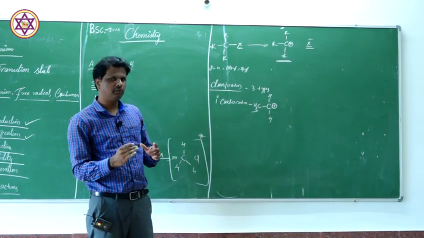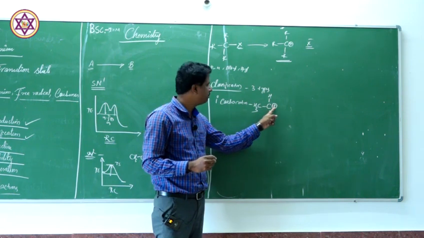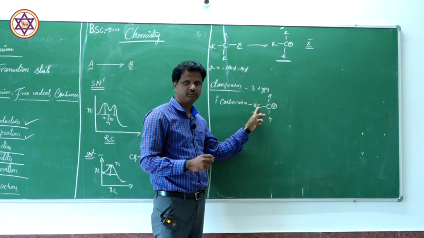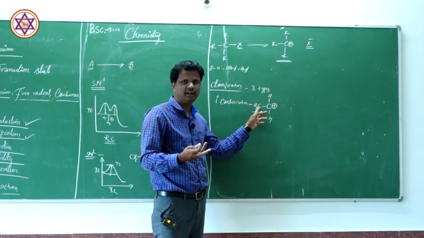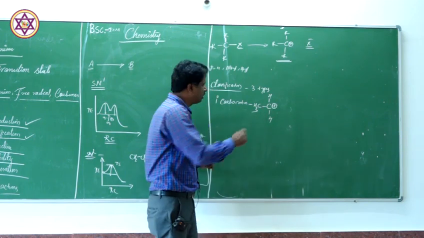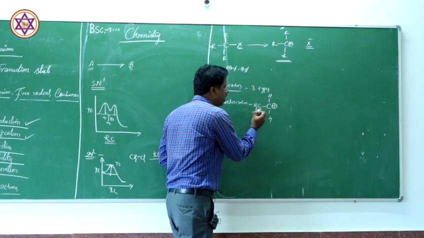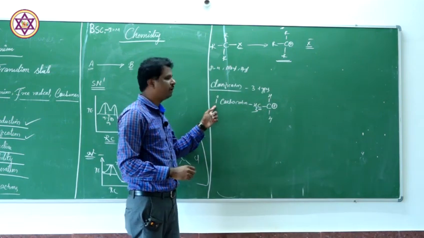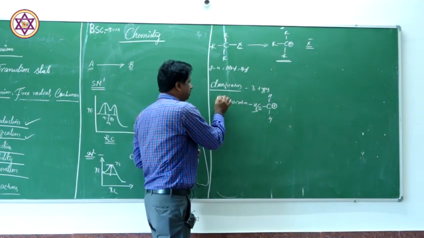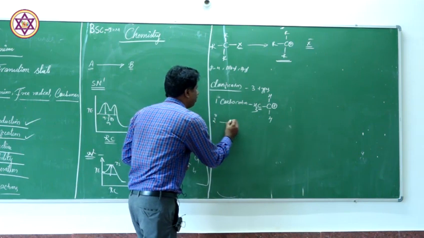If you carefully observe, the carbon which is bearing the positive charge is attached to one more carbon atom. This carbon atom may be alkyl, aryl, any group it may be. So at this moment, what you need to understand is that the carbon bearing the positive charge is attached to one more carbon atom. We call this a primary carbocation. This 1 degree actually represents primary. Now the secondary carbocation.